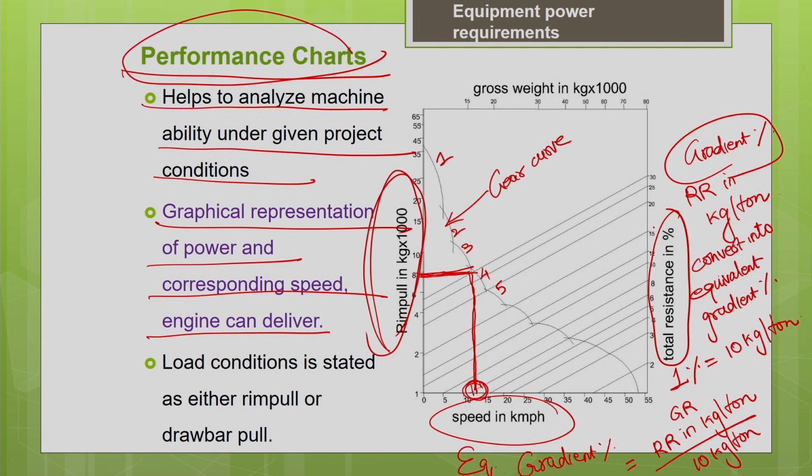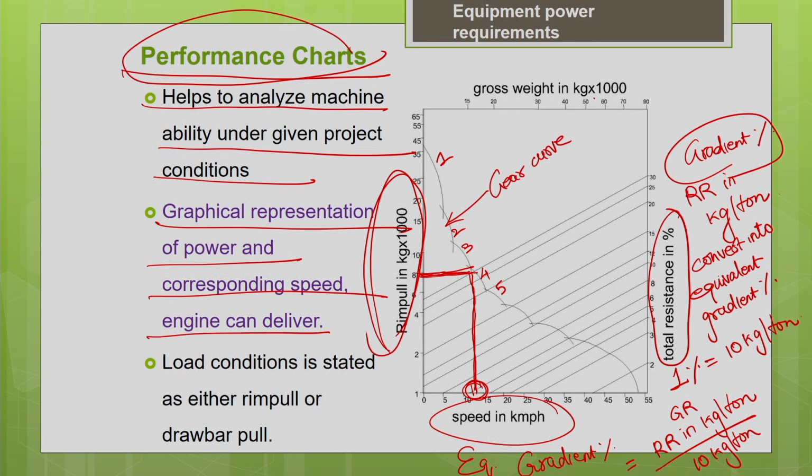Now you know the gross weight of your machine. It depends upon the trip, whether it's an onward journey or a return journey. In your return journey, your truck may be in empty condition, so accordingly you have to note down the weight. In the onward journey, it will be in a fully loaded condition, so accordingly the gross weight will vary. So note down the actual weight of the machine. Say this is your weight of the machine.